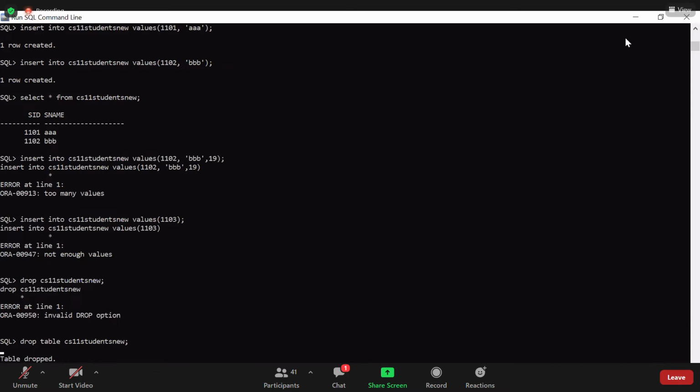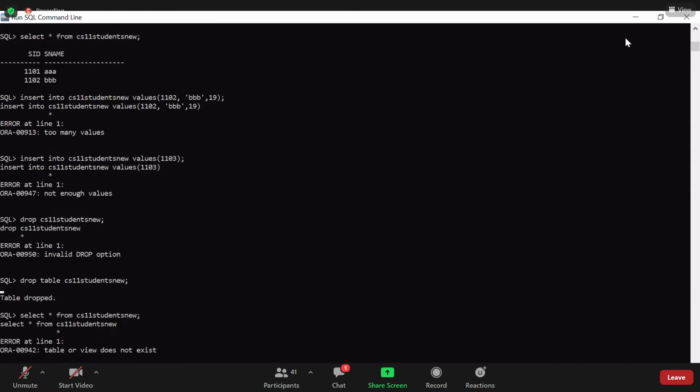Also you can see this. If you try to execute select star from with the table name that we have dropped recently, let us check what it will say: table or view does not exist, because we have already removed it.